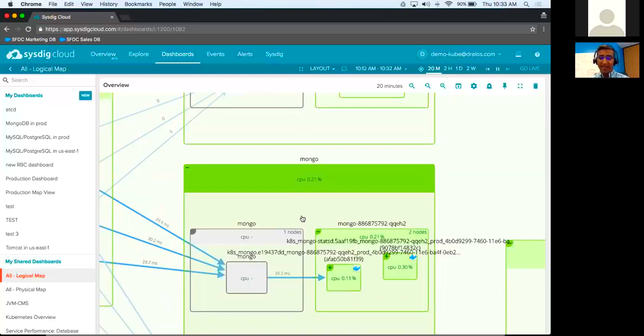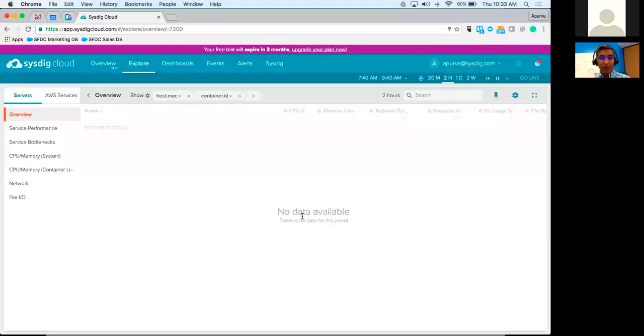Now, you may be asking yourself right now, great, can you actually show me how you get this data and what it looks like? So in order to do that, I'm going to hop over to a different demo environment. And this is my personal trial environment. You can see here, I've got that bar telling me this is a trial environment. This is my Apoorva account. Cool, but this is a very sad environment. It's incredibly sad because it's got no data flowing into it. And what good is an analytics tool with no data flowing in?